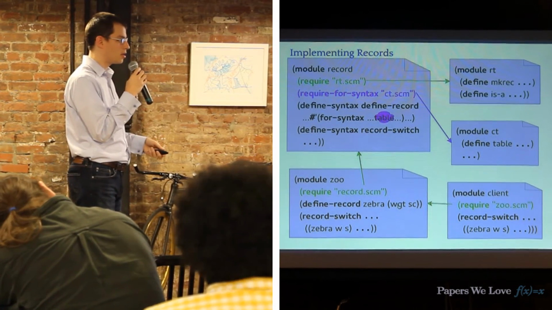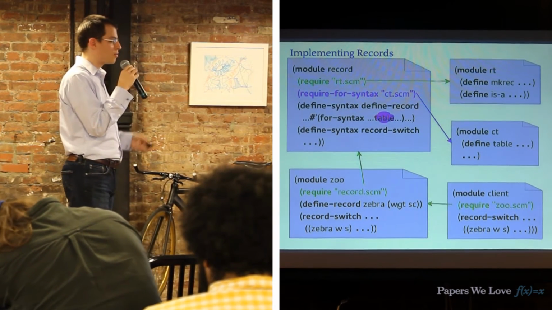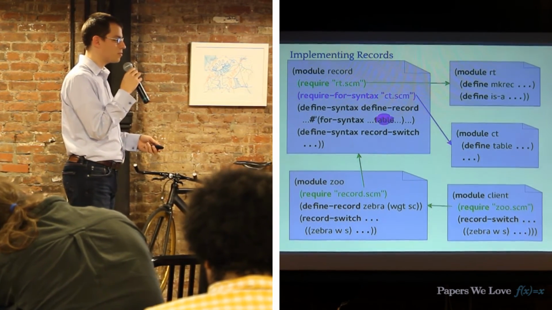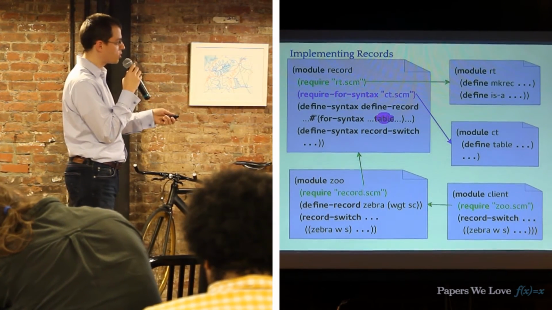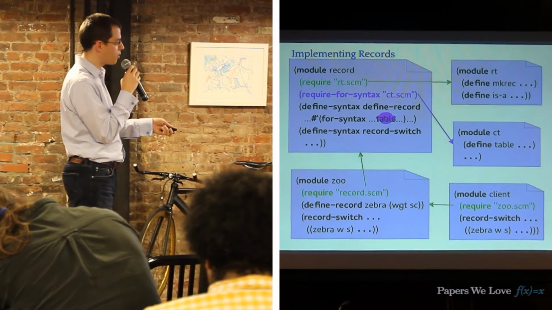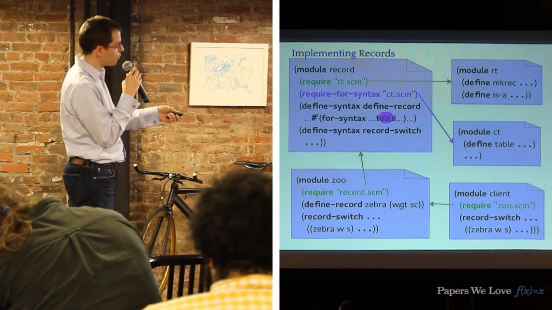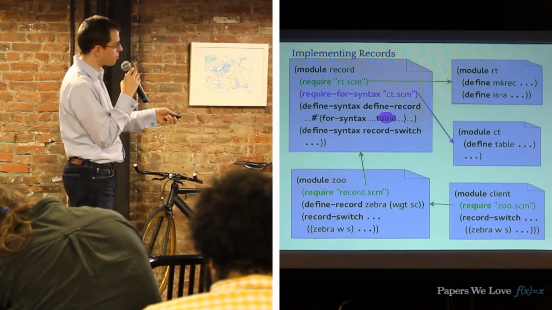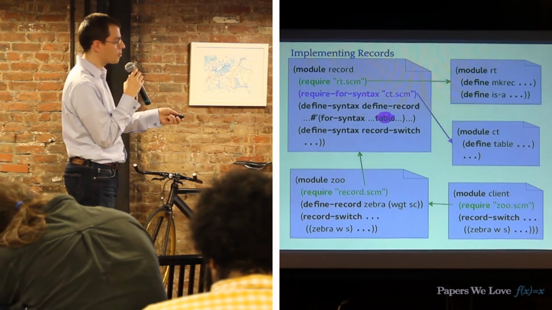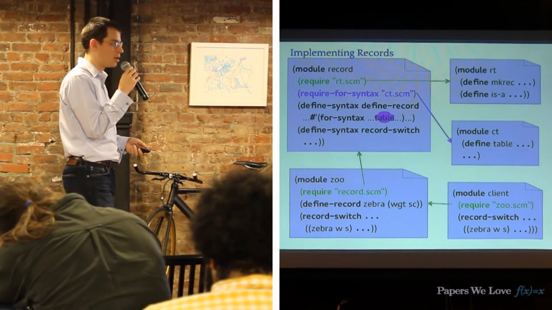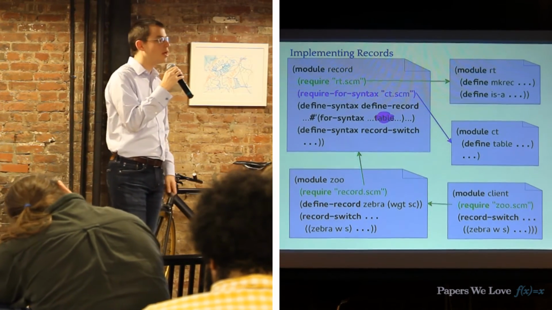And how is that code persistent? So the persisted code is the output of the define record macro. If we look up here, this define record macro constructs code that is going to be in the expansion of define record that is going to update that table. So anybody that runs zoo will get zebra.